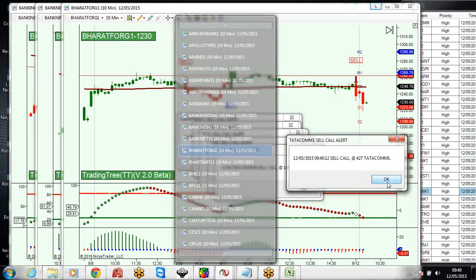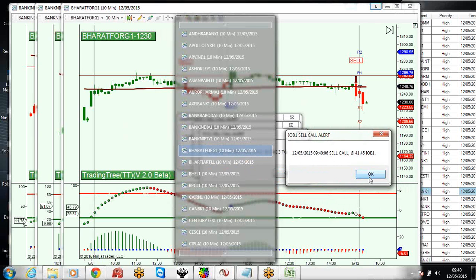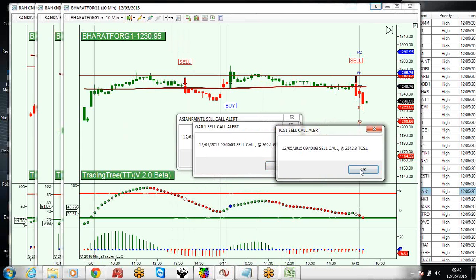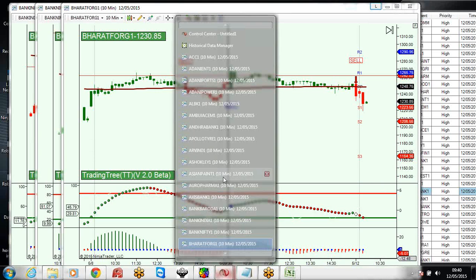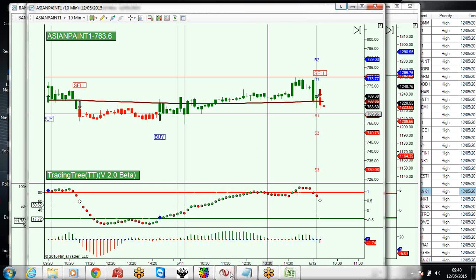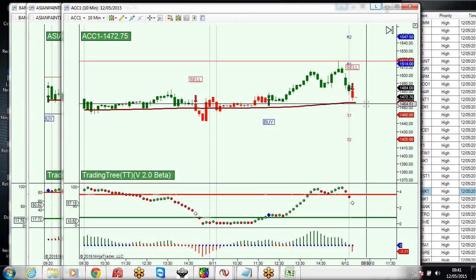तो ये कुछ कॉल्स हैं: टाटा कॉम सेल, एसीसी सेल, आईओबी, टीसीएस, गेल और एशियन पेंट। एशियन पेंट का हमने देखा था, we were supposed to get a call. So Asian Paint आप शॉर्ट कर सकते हो यहाँ पे 760। एसीसी आप रुक जाइए, एक बार ट्रेंड लेने के बाद हम इस पे ट्रेड कर सकते हैं।